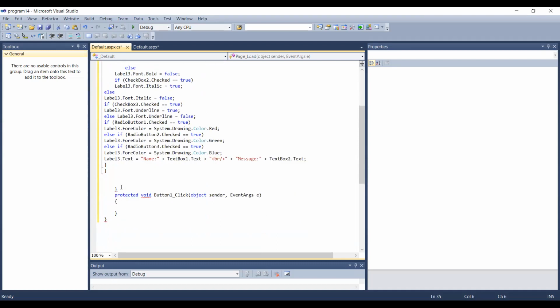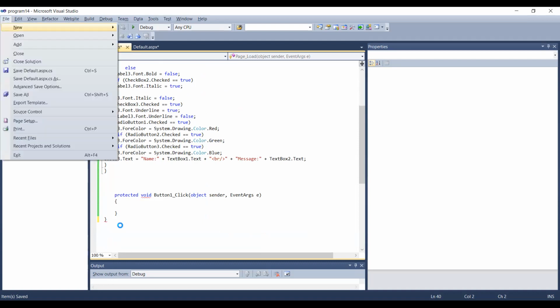So you can see that this is the extra bracket which is generated over here. And I can see one more bracket. All right, so just save it. Yeah, so just close one more bracket to remove this error.